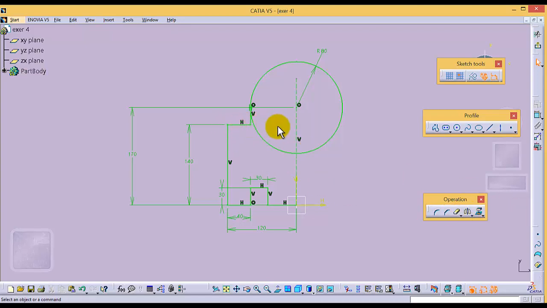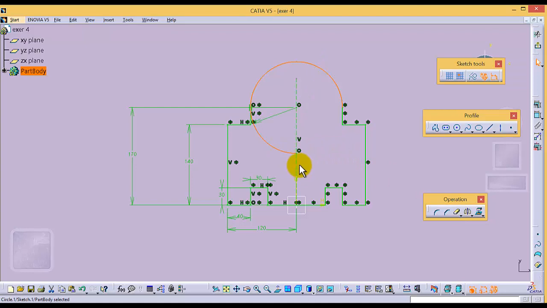Now I am going to add the mirror command to make this sketch on the other side of this reference line. So I am going to select this line, keep pressing the control and select all the other lines which you want to mirror, and then click on mirror and then click the reference line. So all the relations are showing and the sketch is mirrored, and as you know, we don't need this at this point, so I am going to quick trim and select this line and this line,